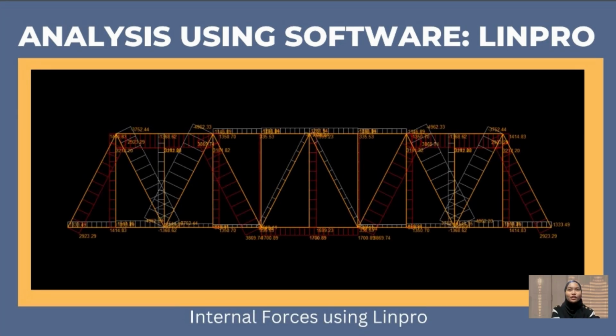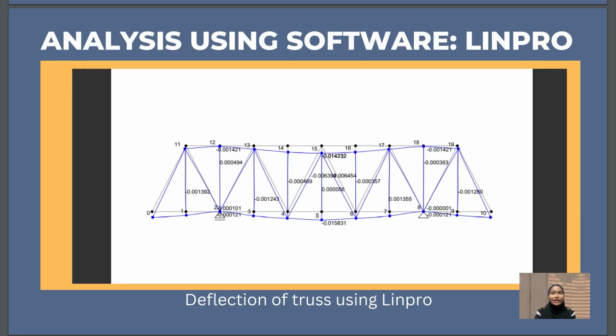After entering the modulus of elasticity, cross-sectional area of steel, and point load on the joint, the deflection and the internal forces of the members were calculated after we ran the analysis. We can get the data from the tabulated static analysis result as shown in the appendices part at the end of the project report. As we can see in the figure shown on the slide, the maximum deflection of the truss is at joint 5 and 15, where the value is negative